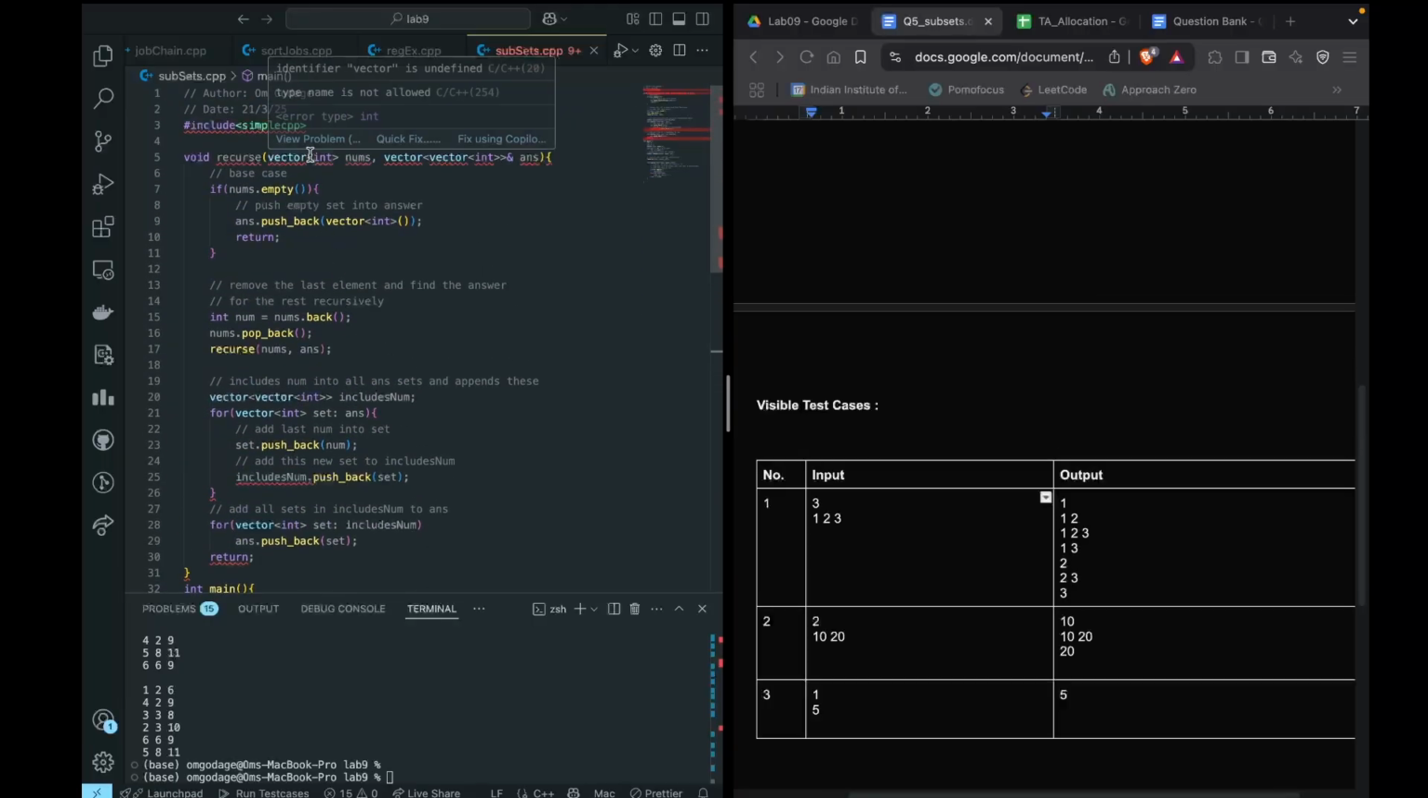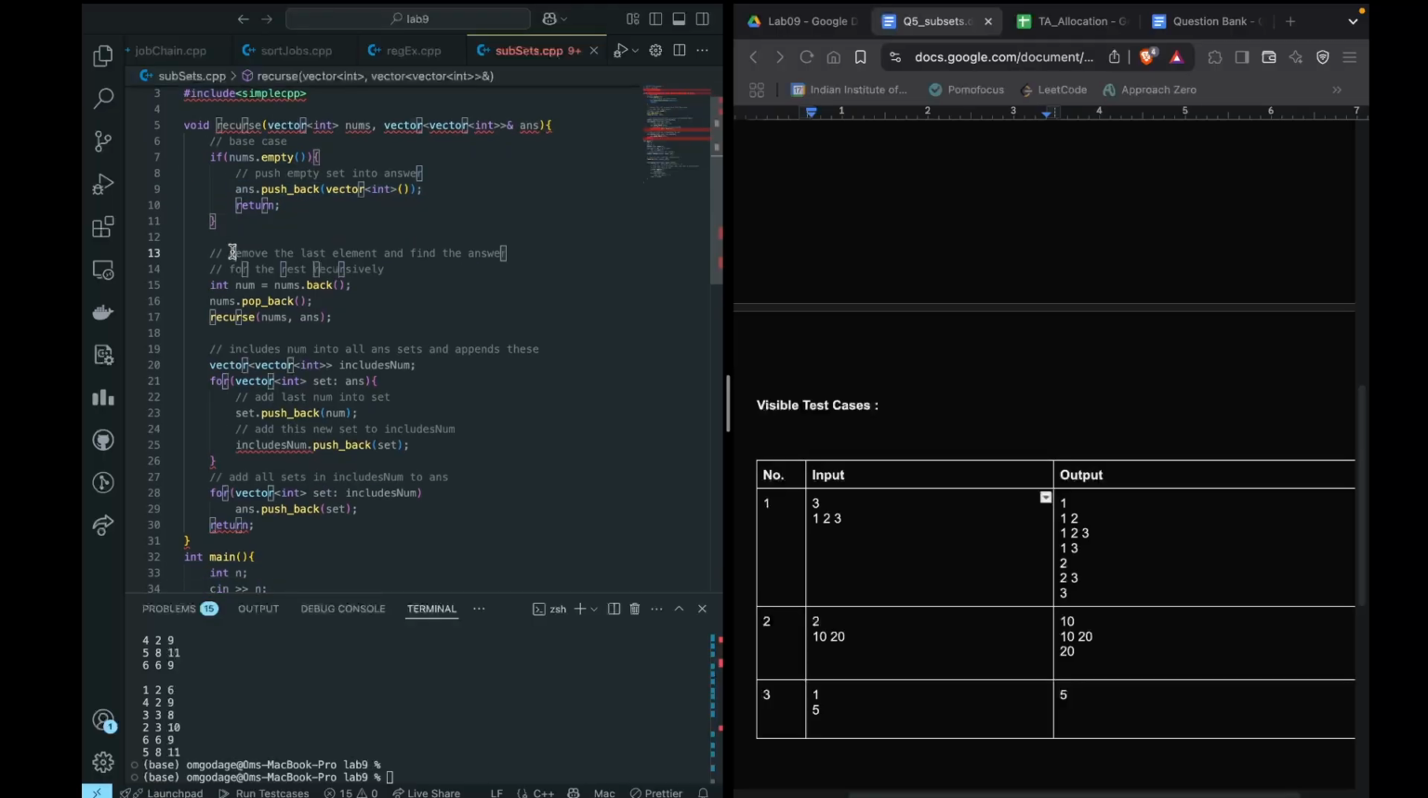So let's look at the recursive function. So the base case, as I said, is that if your nums vector is empty, then you push an empty vector into your answer and then you return. If it is not empty, then you take the last element of your nums and store it in num, and you pop the last element. Then you recursively find the answer for all the other guys,